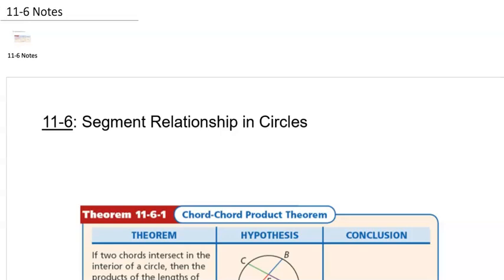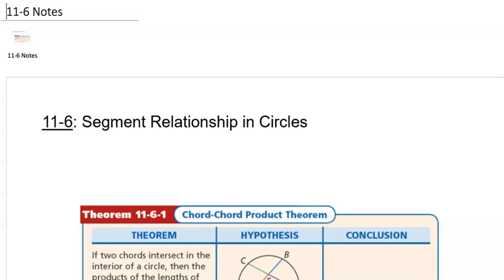Hi everyone, here is chapter 11, section 6, segment relationships in circles. So all the things that we've talked about in chapter 11 so far have been about the angles in or around a circle, right? So like central angles, inscribed angles, and then there was a bird beak, floaty angle, right? So a lot of what we're going to look at today, the pictures will look familiar,